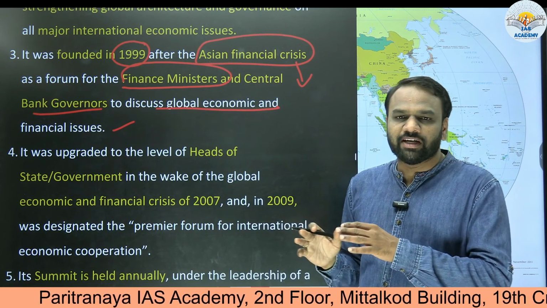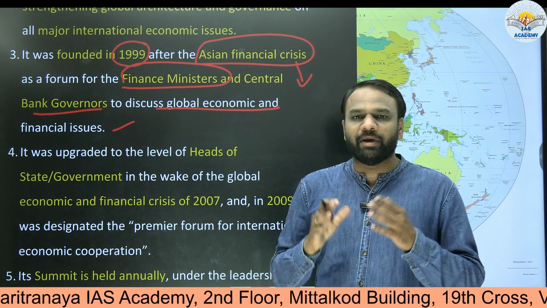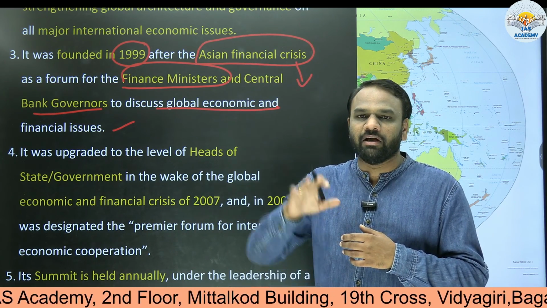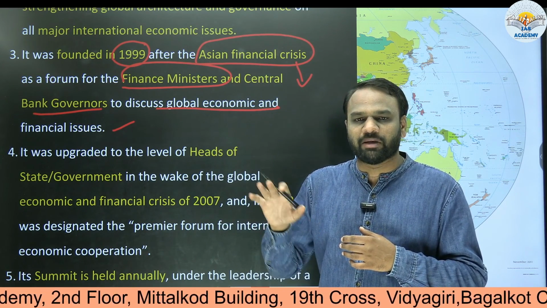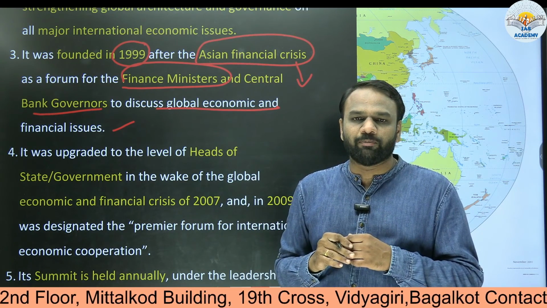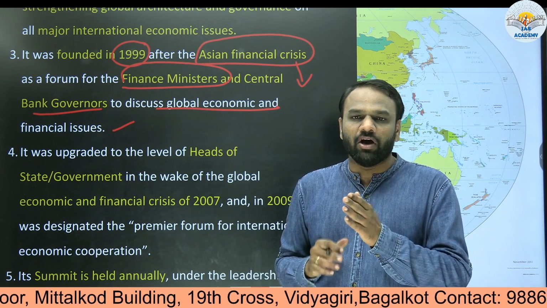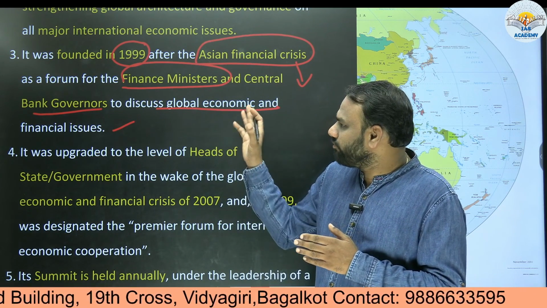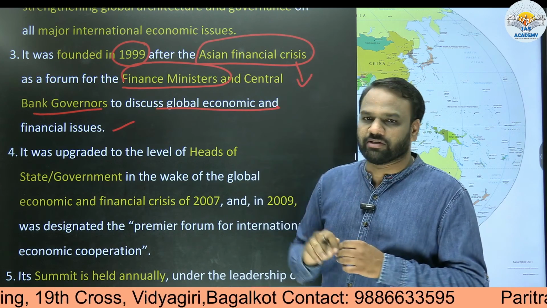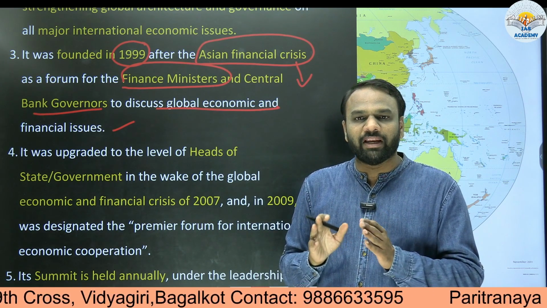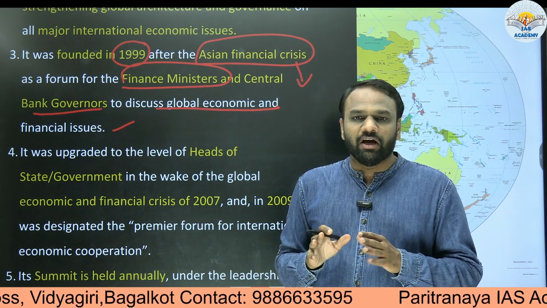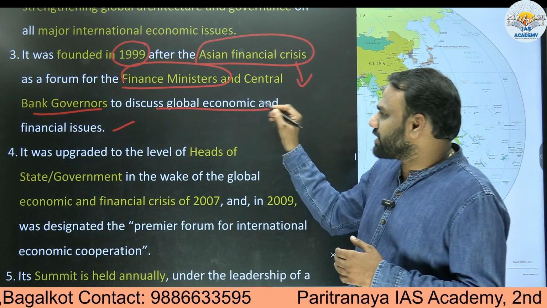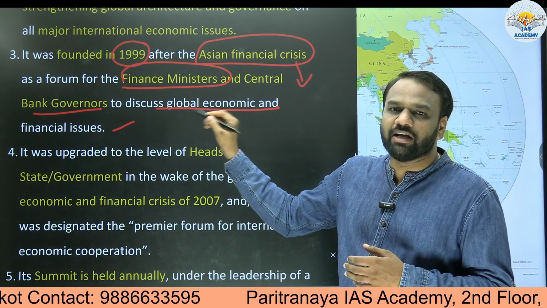Now in the recent G20 summit, we witnessed that the major role was played by the Prime Minister of India. Similarly, from the other member countries, the major role was played by the prime ministers or presidents of the respective countries. So there was a lesser role of finance ministers and central bank governors. But when G20 was formed in 1999, initially there was no representation of prime ministers. Rather, from every country, there was a representation of the finance minister and central bank governor.